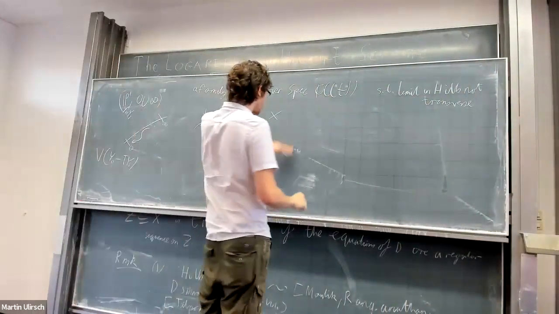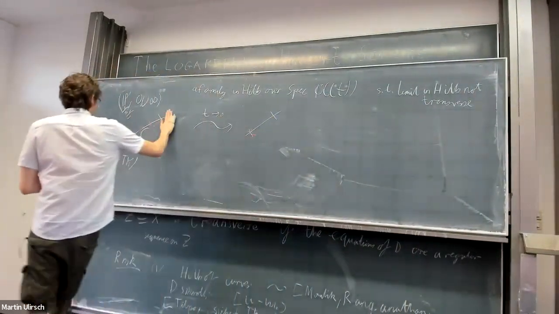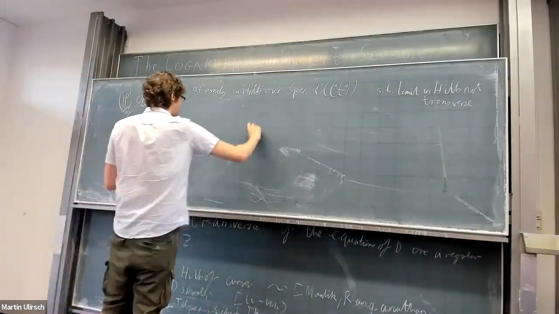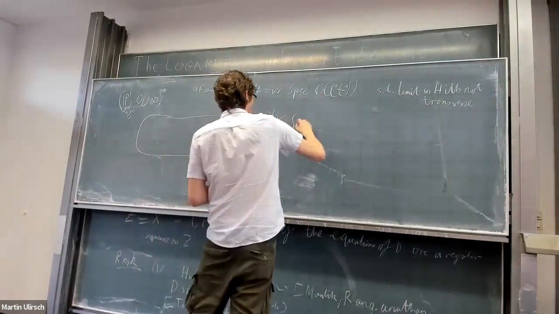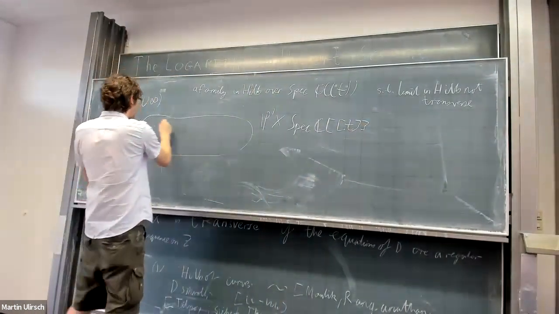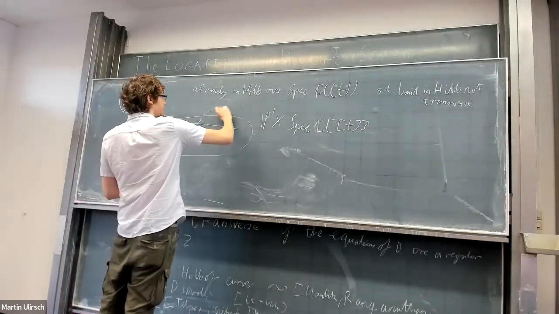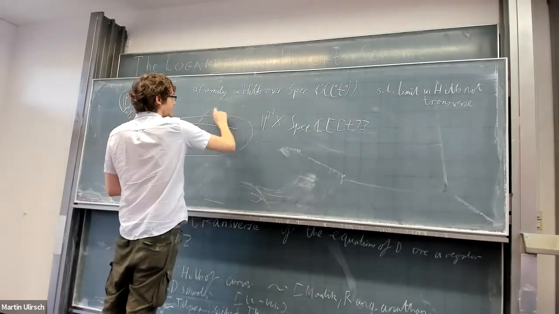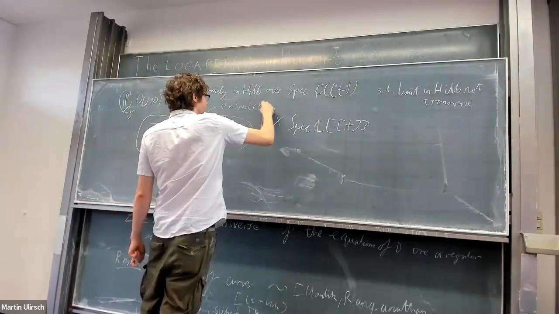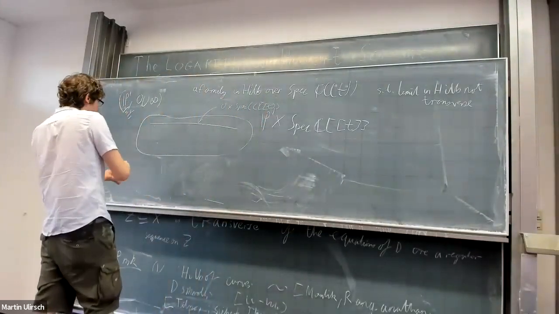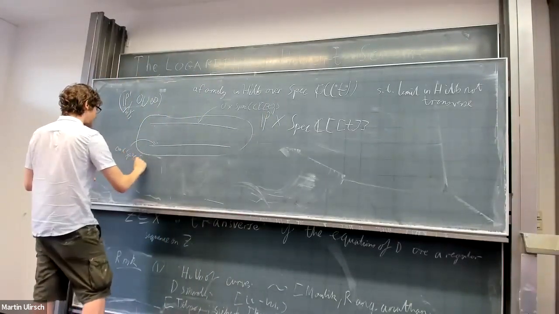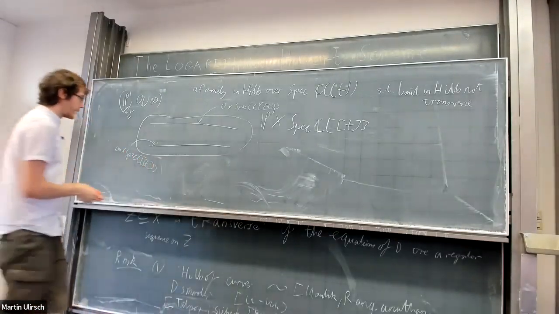So let me redraw the picture. And what I will redraw is I will show you the entire family. So I'm going to take maybe P1 times Spec C double square brackets T. Inside there, I have 0 times Spec C double square brackets T, and I have infinity times Spec C double square brackets T,